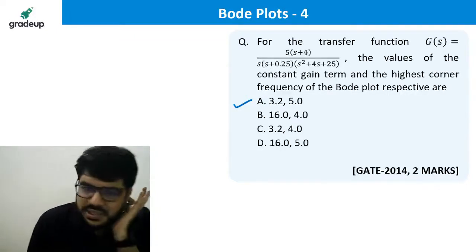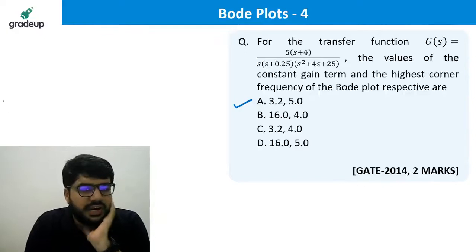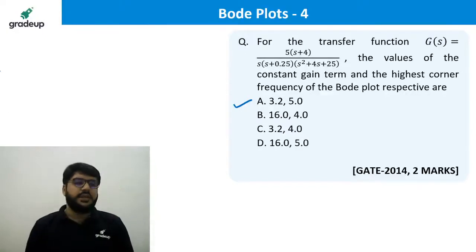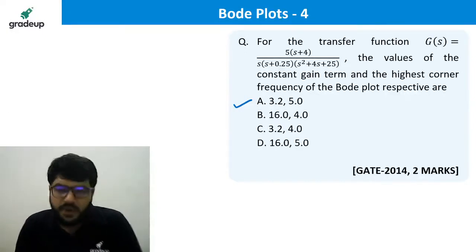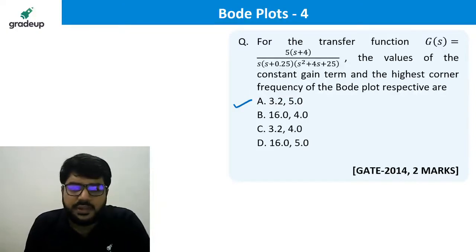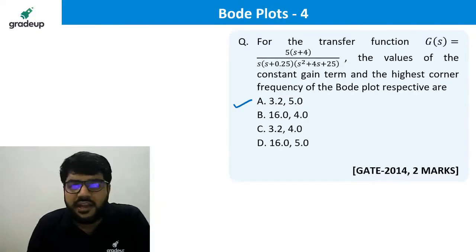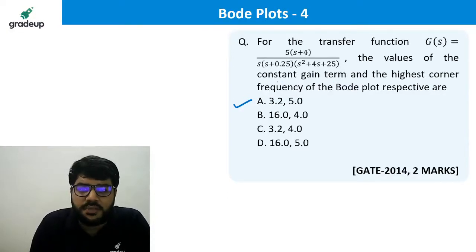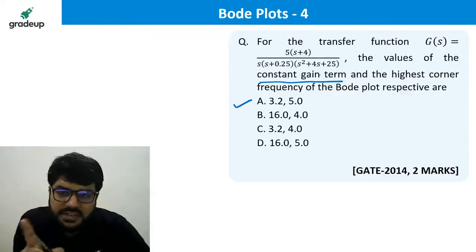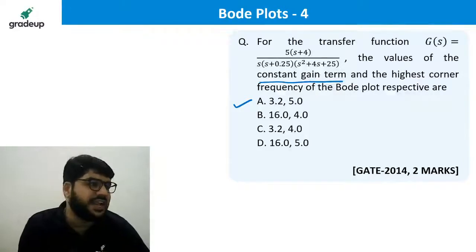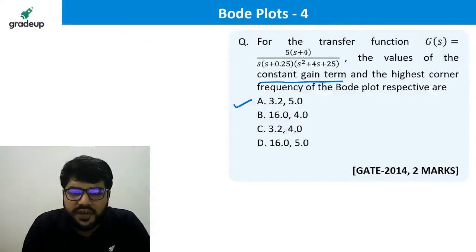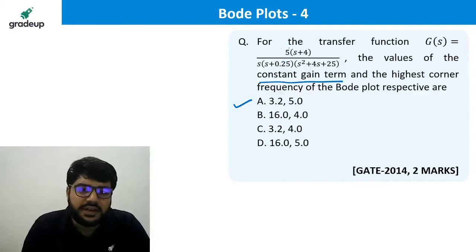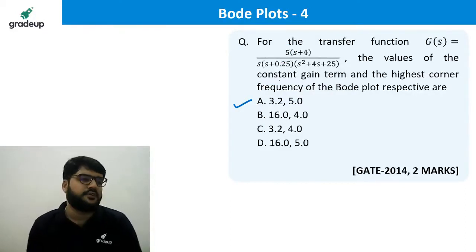I told I'll solve this. So that's right, I told the second order we discussed yesterday, and you need to remember the corner frequency. That is only important for you. That is omega n, whatever be the omega n. Okay, and then again you remember such types of question coming up. Value of the constant gain term in the Bode plot obviously means expressing the function in the standard form and then giving the constant gain term. Okay, if you say 5 is my constant gain term, no, that is not correct. That is in the non-standard form.